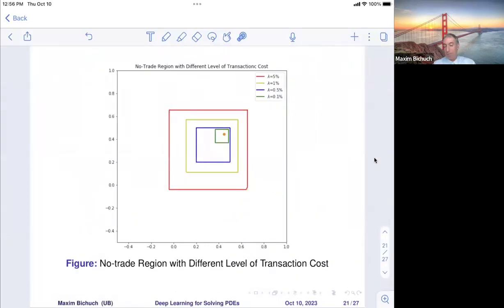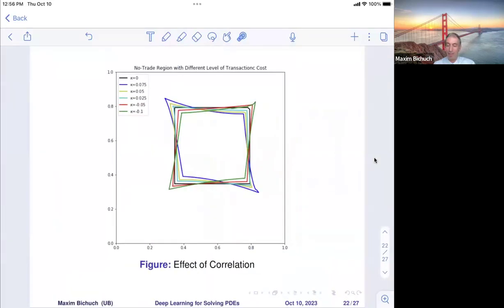So if you now solve it, this is the no-trade region with the different levels of transaction costs. These are the neural network approximations. So they work quite nicely. Yes, things are not perfect. More interestingly,